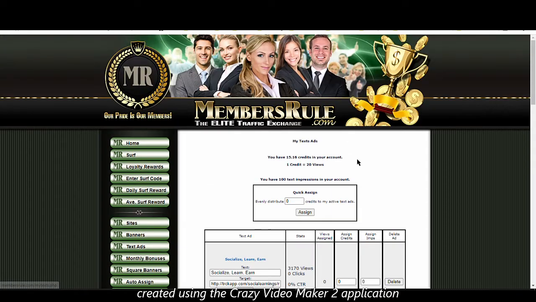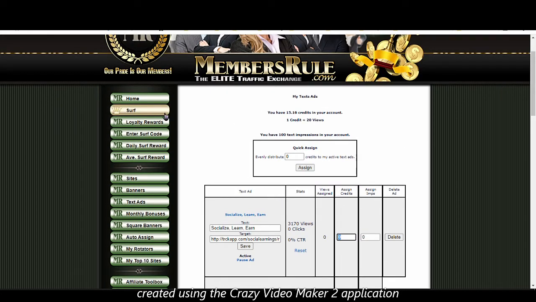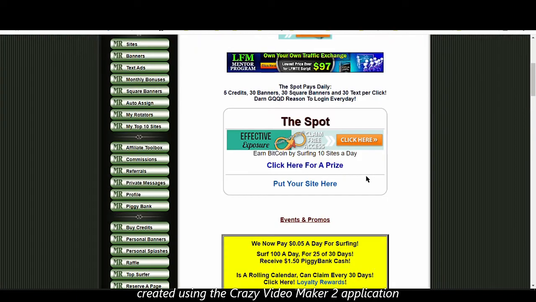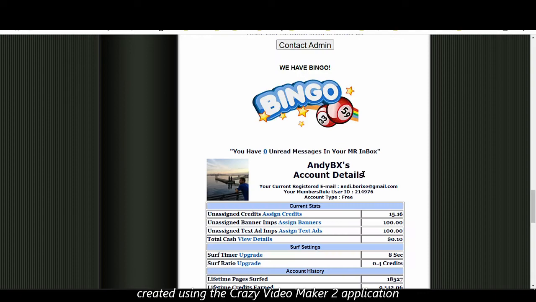Okay, there are text ads. You can put the same as everywhere else. Just enter your targeted URL, a simple text that will attract attention, and you're good to go. You can assign impressions or you can assign credits. Alright, so this is the home page basically, where you can find some general information about your account